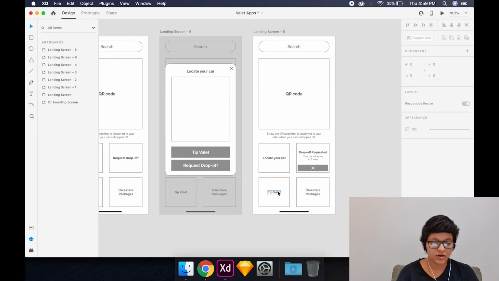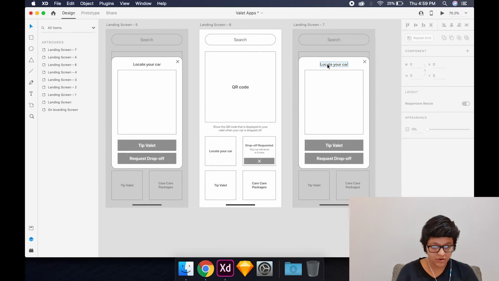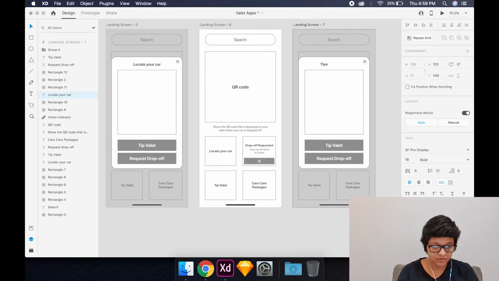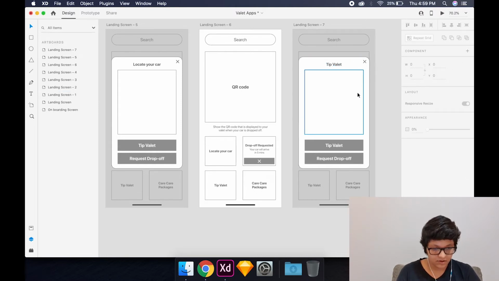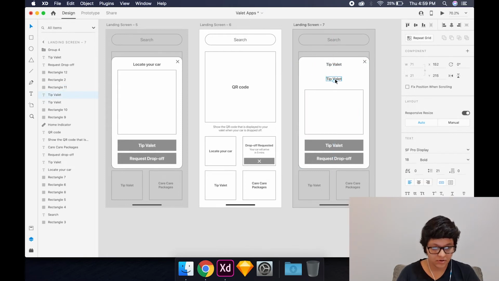We're going to move to the tip valet feature, and I want it to be similar to this particular screen for locating your car. So I will drag this out so that I'm able to work with the same dialog box, and I'll write tip valet here. And what I'm thinking is basically I want to give the user the ability to transfer the tip amount directly through their e-wallets. So I'm going to write e-wallet here,